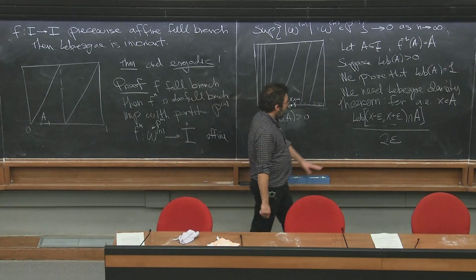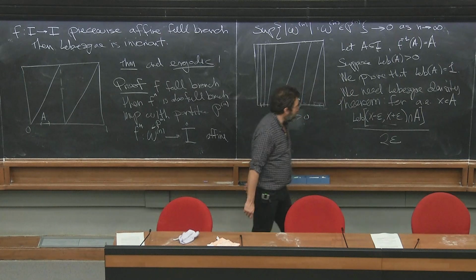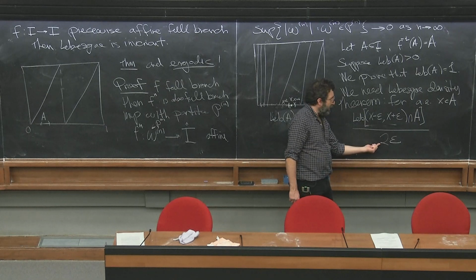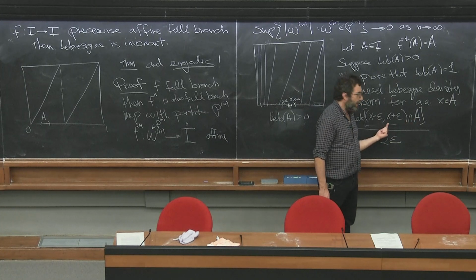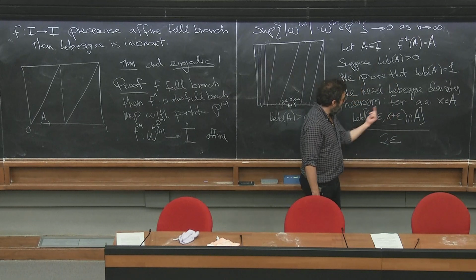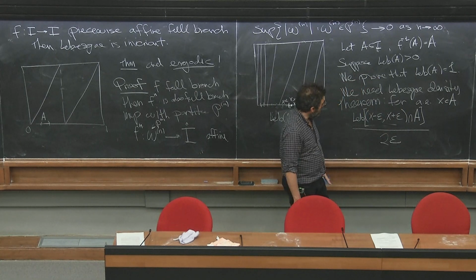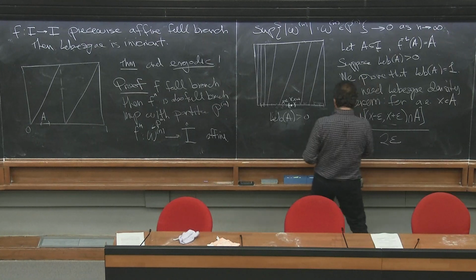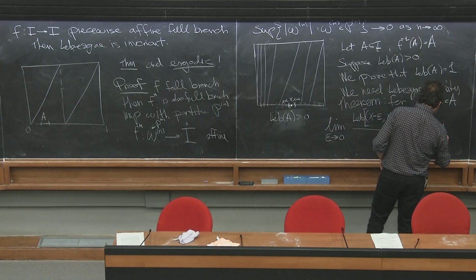What this is saying is that this is the proportion of this interval that belongs to A. Because here you have the Lebesgue measure of this interval in the denominator, and in the numerator you have the Lebesgue measure of A restricted to this interval. So if, for example, half of this interval belongs to A, then this ratio would be equal to 1/2. And what the Lebesgue density theorem says, remarkably, is that the limit as epsilon tends to 0 of this is actually equal to 1.